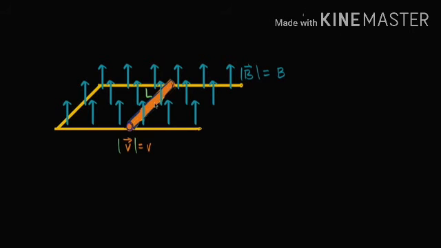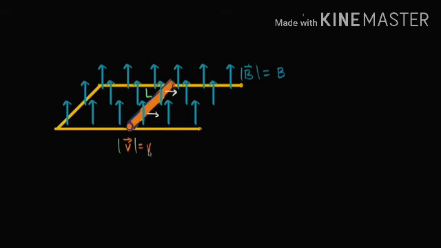You can imagine it's a cylinder here that can roll to the right. And the magnitude of its velocity, we're going to say, is lowercase v. And this cylinder, let's say it has length L. So given that, you can see that we're going to have a change in magnetic flux. Why are we going to have a change in magnetic flux through the surface? Well, if this thing is moving to the right,